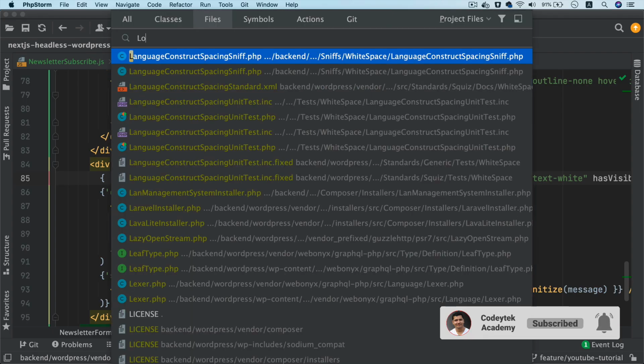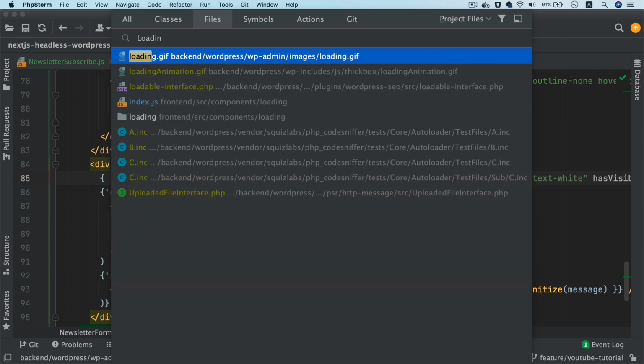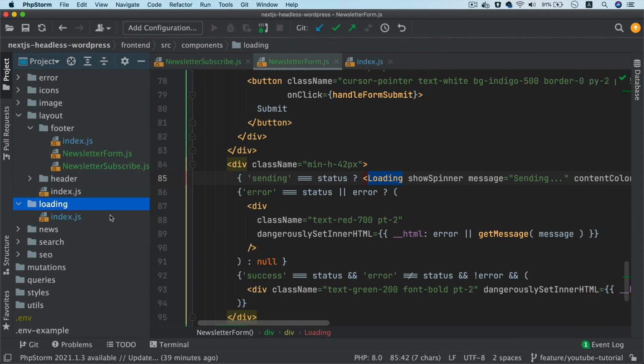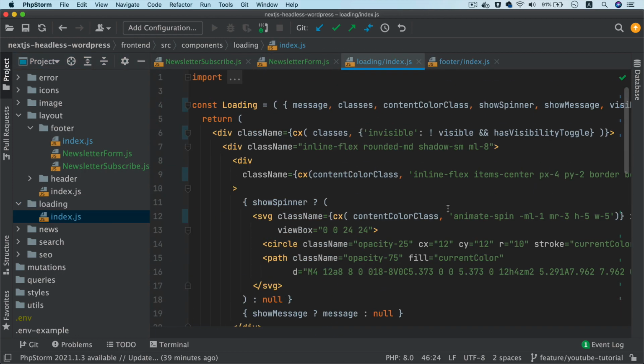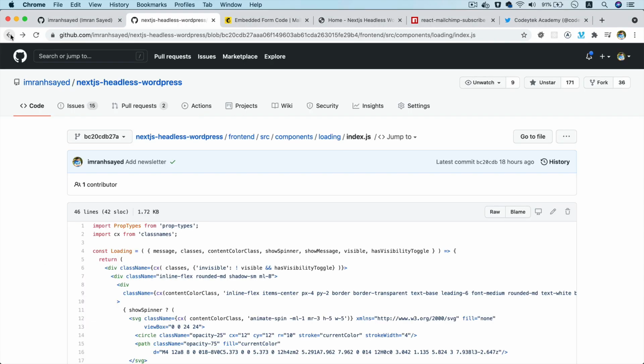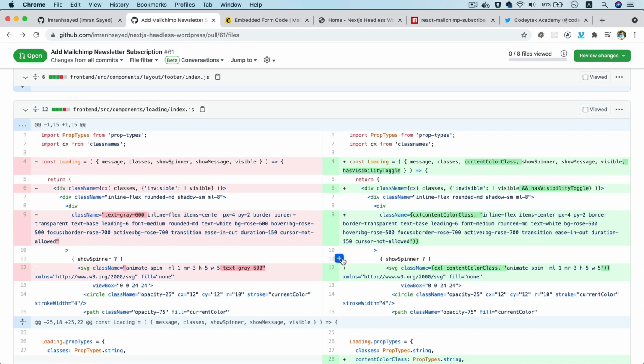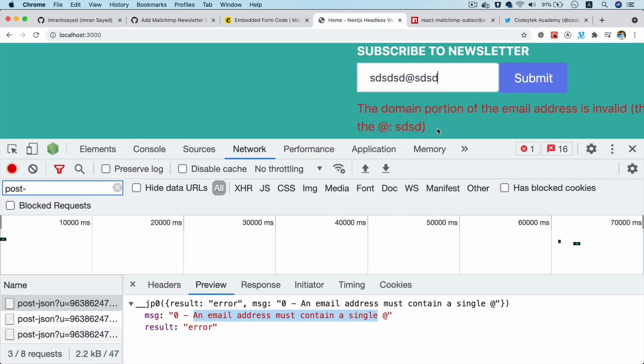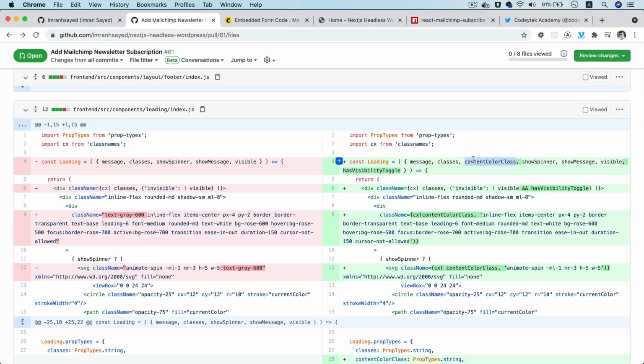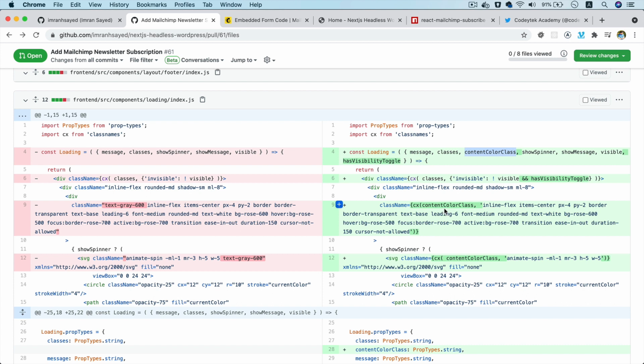I've made some changes to that and I'm going to explain that to you in a moment. I have pasted that, just replaced it, and I'll show you what changes I've made. Basically, if you've been following along with my tutorial, I've just improvised our previous loading component, adding a content color class and a has visibility toggle. The reason for this is because we want a white color over here and earlier it was dark gray. So that's why I've added an additional color class prop, so we can pass that color class from the top. And then we have also added the has visibility toggle, which means that we don't want to reserve